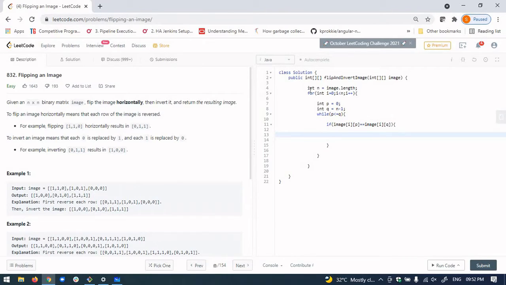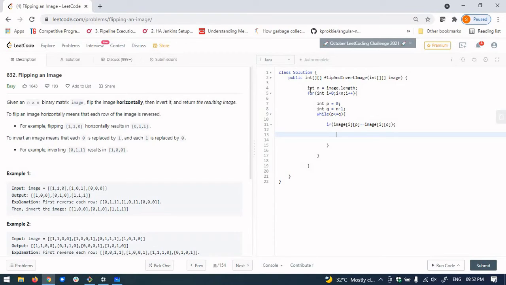One way to do that is to use an if condition, like if image of i comma p is equal to 1, then we set image of i comma p equal to 0. But another way is using bit manipulation. If you remember, if we do XOR with 1, the bit gets changed. Like 1 XOR 1 becomes 0 and 0 XOR 1 becomes 1. So basically we are reversing the bit.